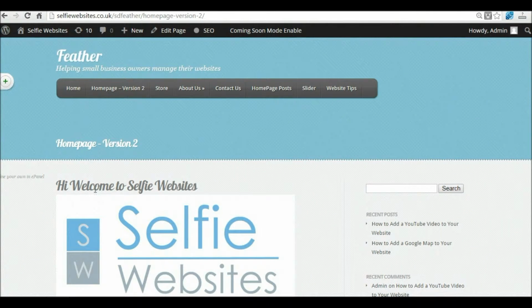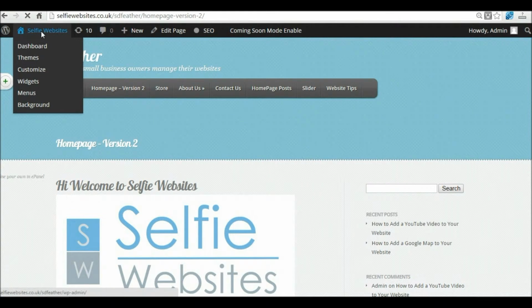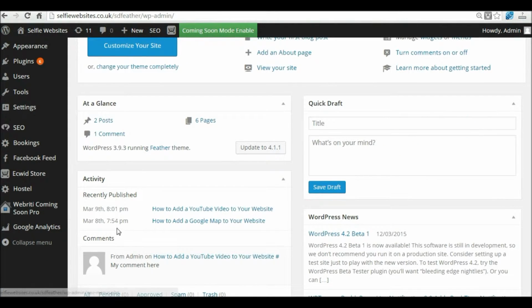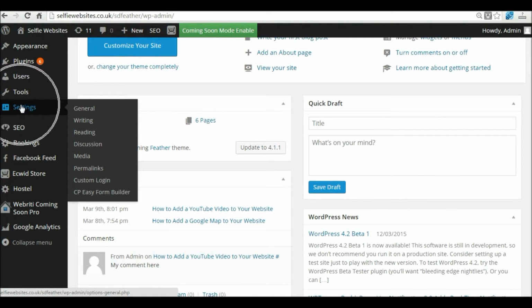Now widget area is where you can add additional content on your page. If I wanted to add this as my home page, all I would need to do is go to the back end. You first need to create your page as you would when creating any other page, and if you haven't already watched the tutorial on how to add new pages to your website, take a look at that first. Now once you've created your page, and you can call it whatever you like, go down to the settings within your toolbar,